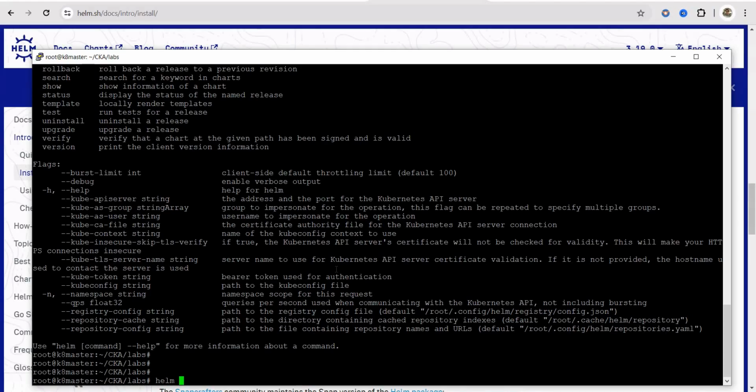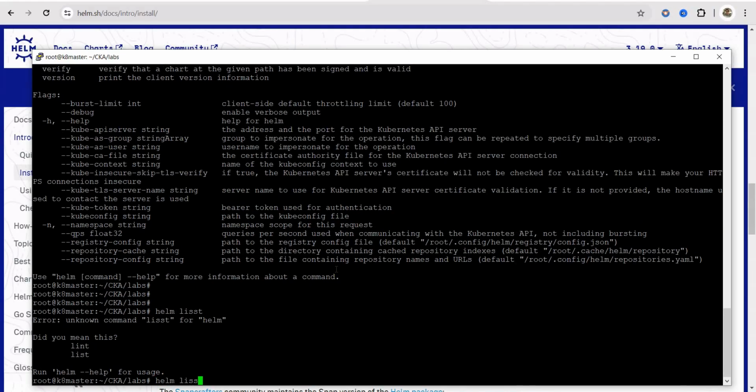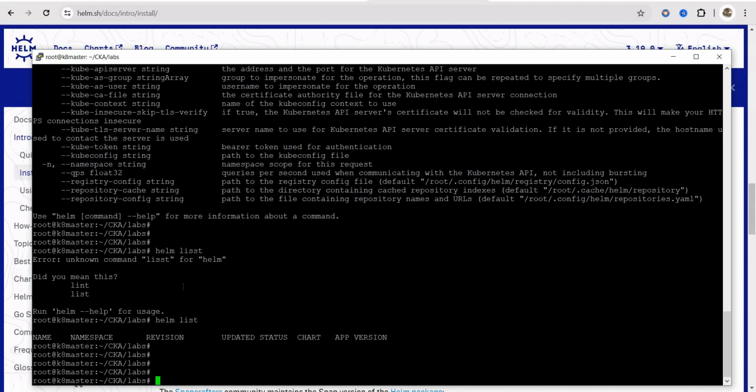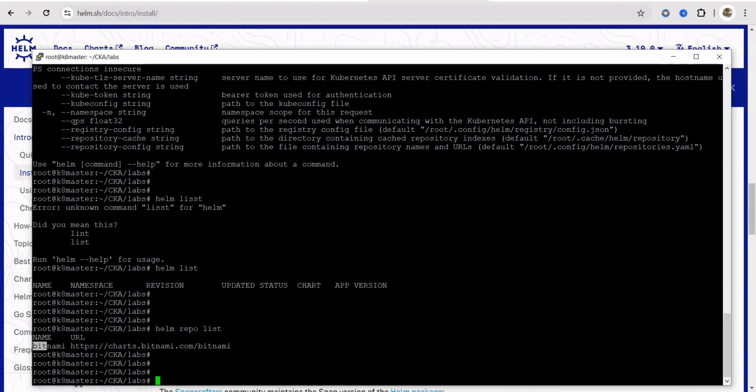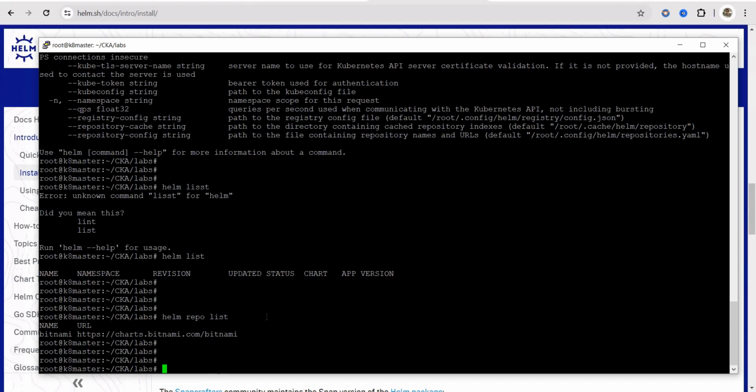So all these are sub commands of Helm. Let's say I simply run helm list. As of now, you can see that I don't have any releases. If I had one, it would have been listed there. But we will install one and then we'll see how Helm shows that list here. If I show you helm repo list, you can see that I have already added one repository. If you want to add more repositories, you can install those here. Let's come back to our